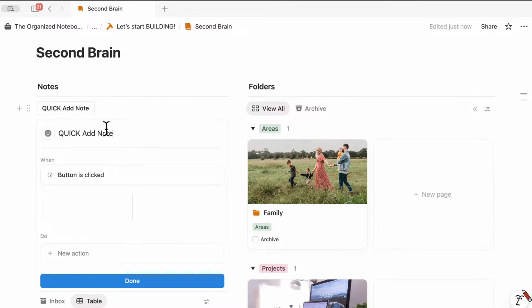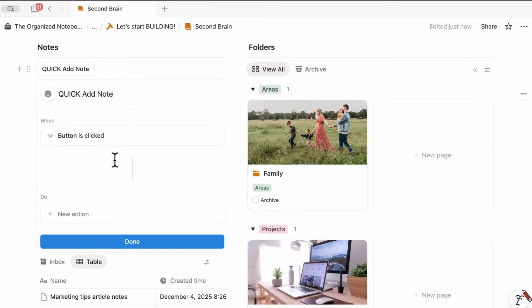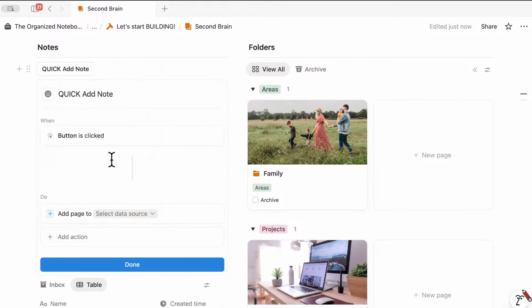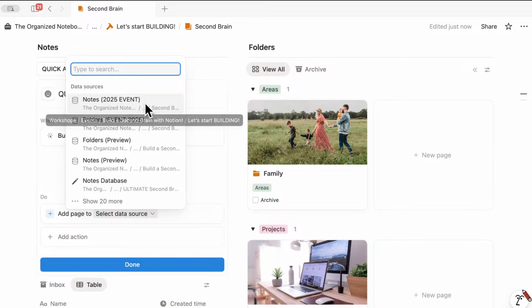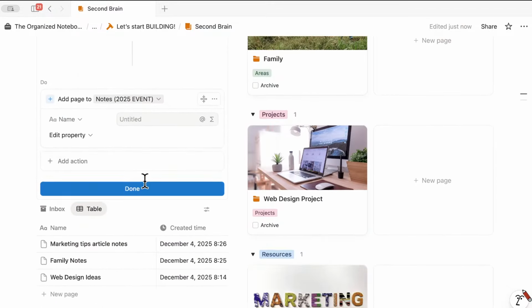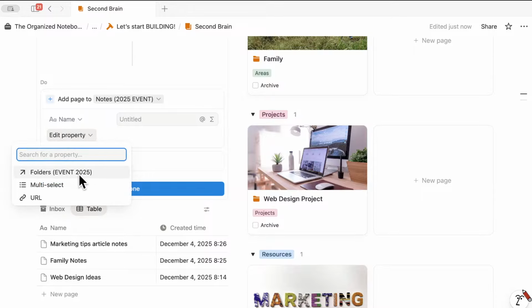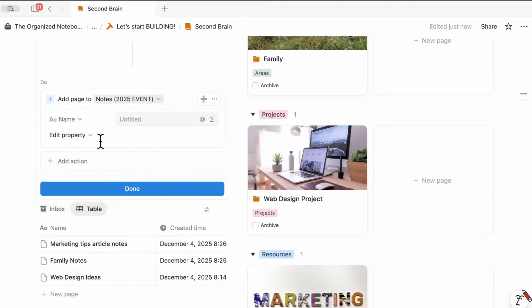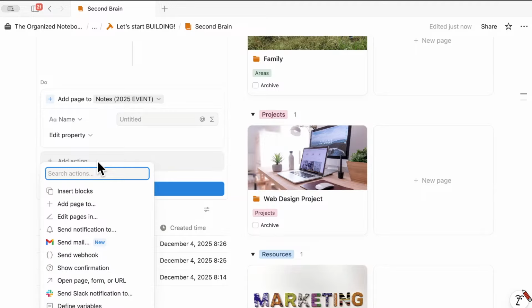So another really big process of Tiago Forte's second brain is to quickly be able to capture things. So capturing it when you first notice something or you have a note that you want to add is so important, because otherwise you're going to forget about it later. So if we click the plus new action, we can add page 2, and then we're going to select the data source, and that's going to be our notes database. So notes 2025 event, and it's going to be a new note. You can even have specialized buttons that would already select what kind of type it is already for you, and so on. You can then open that page